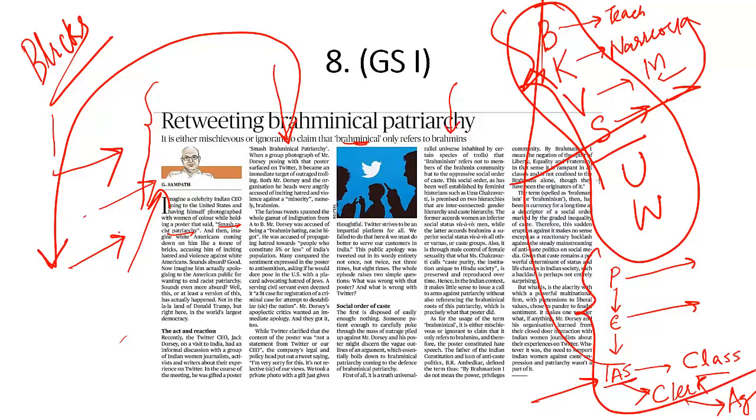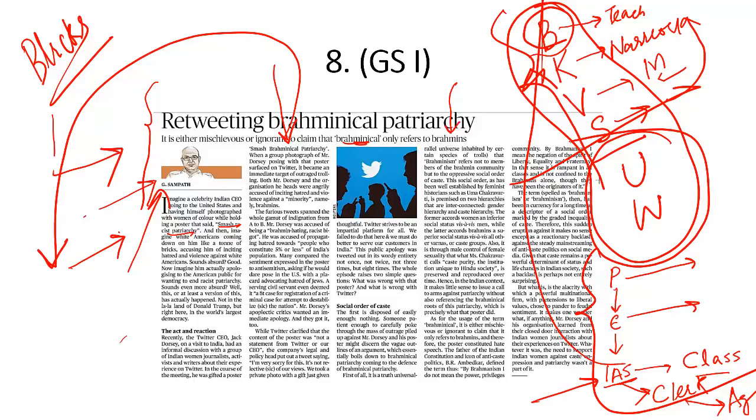And when we talk about Brahmanical ideology, we are not referring to Brahmins. We are referring to this social order which places certain level of people at the top and treats others with contempt. There was a time when Brahmins could not get in touch with the Shudras or with the untouchables. If I was an untouchable, moving on a road, and I saw a Brahmin on the other side, I would jump in the mud because my stench is causing pollution to the Brahmin. If I was moving on the road, I would carry a broom with me and sweep the floor because even my shadow is causing pollution to an upper caste.